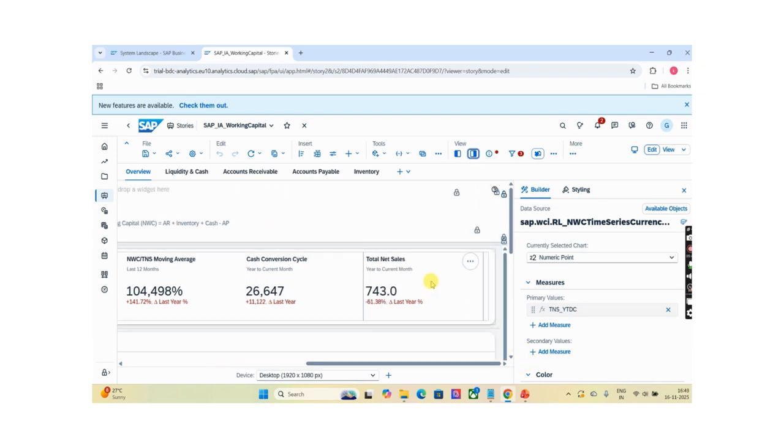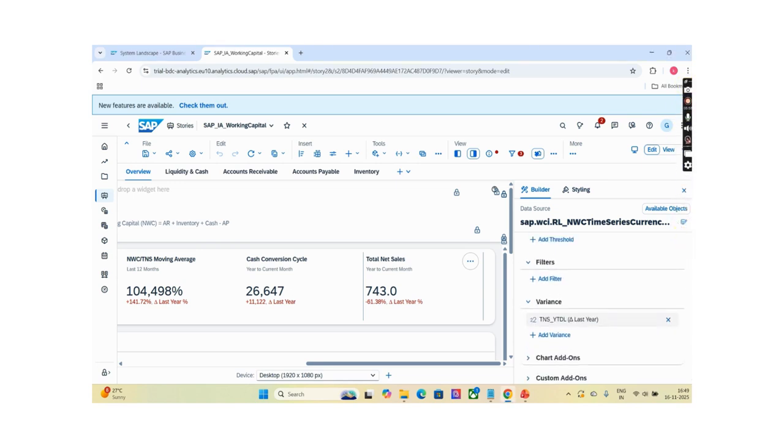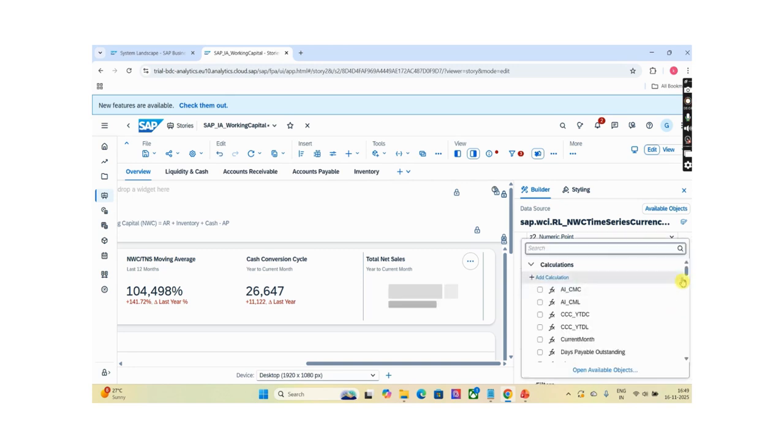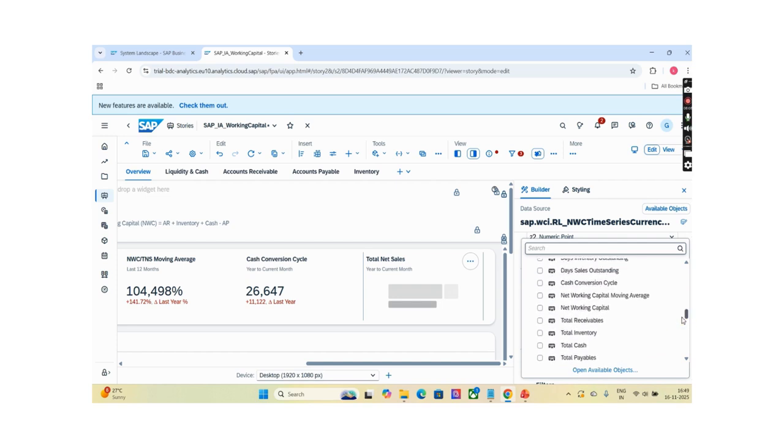Okay, so let's click on net sales, and here the builder panel is open. Here the data builder uses a numeric point chart. We want to replace our total net sales with revenue. Let me check for the measure.